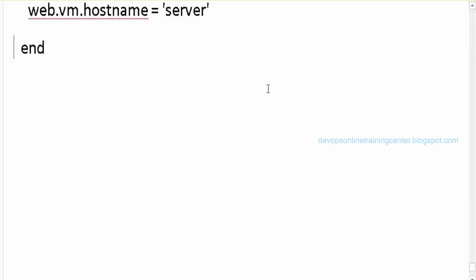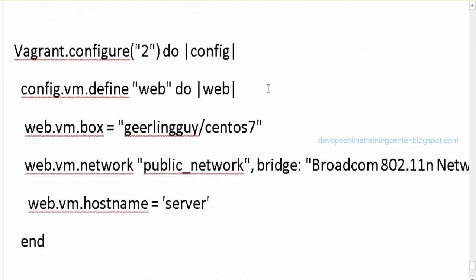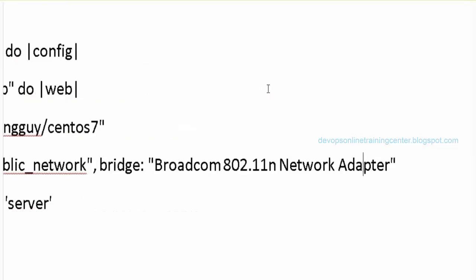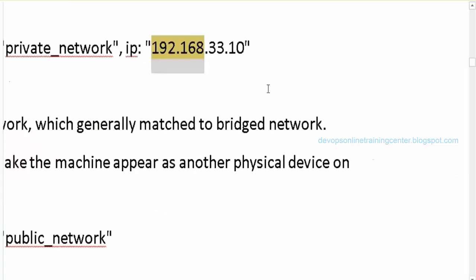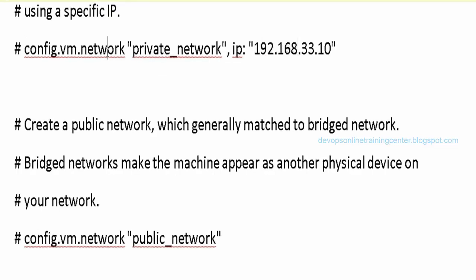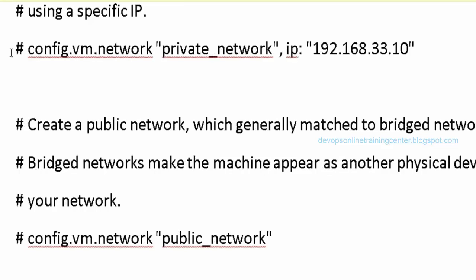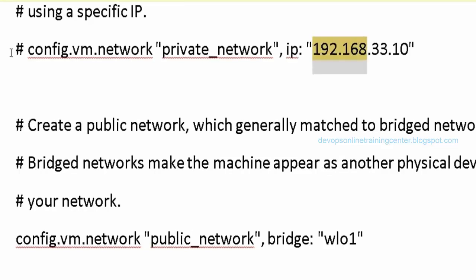Because in Linux, normally you have Ethernet, Ethernet 0, as eth0. But in this case, we don't have that. Okay, this is a NAT adapter. This is a network adapter. Okay, this is a private network. So we can give it for public as well.